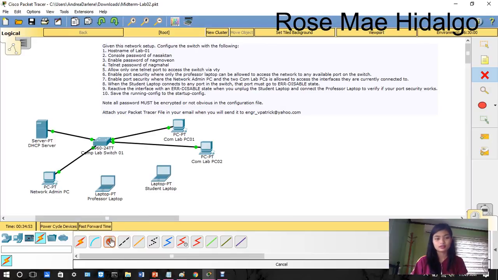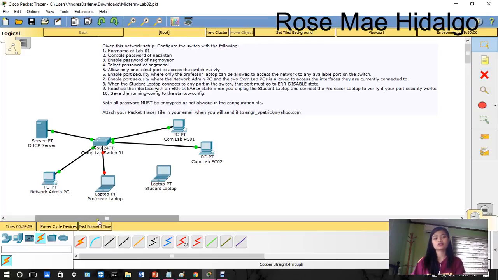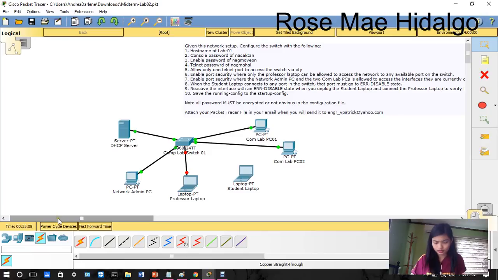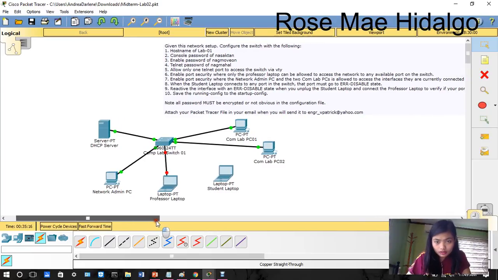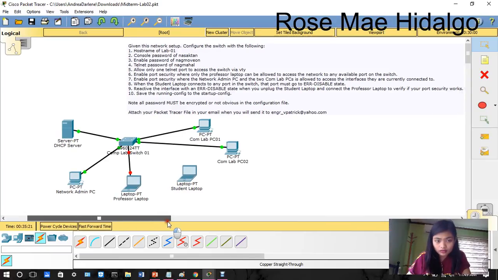So let's try if it works. As you can see, the connection of the laptop and the switch is down. So number 10, reactivate the interface with error disabled state when you unplug the student laptop and connect the professor laptop, if it works.